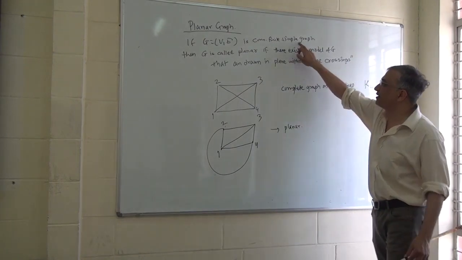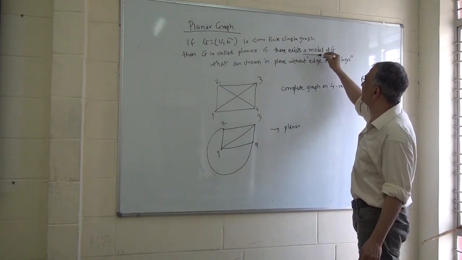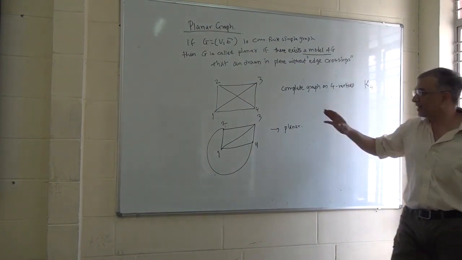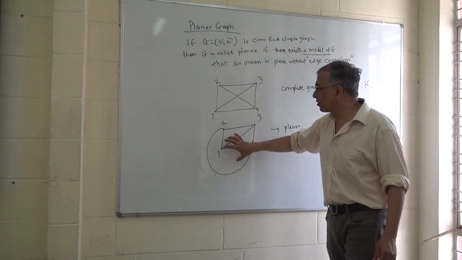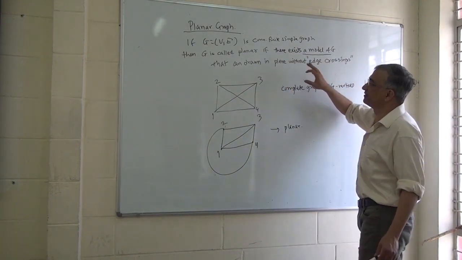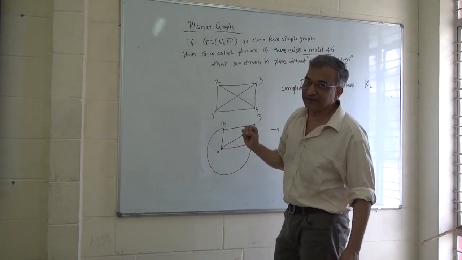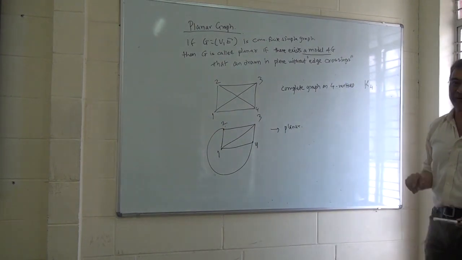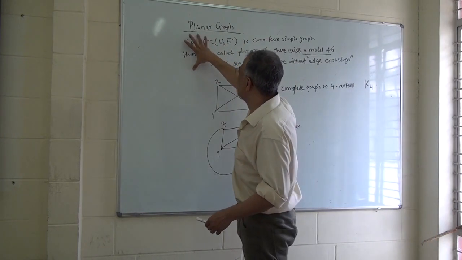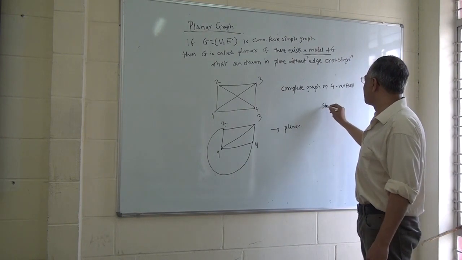But what we have defined as planar is that there exists one model, a model, not all models, of G which can be drawn this way. And if some other graph is isomorphic, the same copy of the model will be a model of that graph also. So this definition of planarity, whether a graph is planar or not, is clearly independent of isomorphism. So it's a well-defined notion from a mathematical point of view. And now what we want to understand is what these planar graphs are. So the question is to study planar graphs.